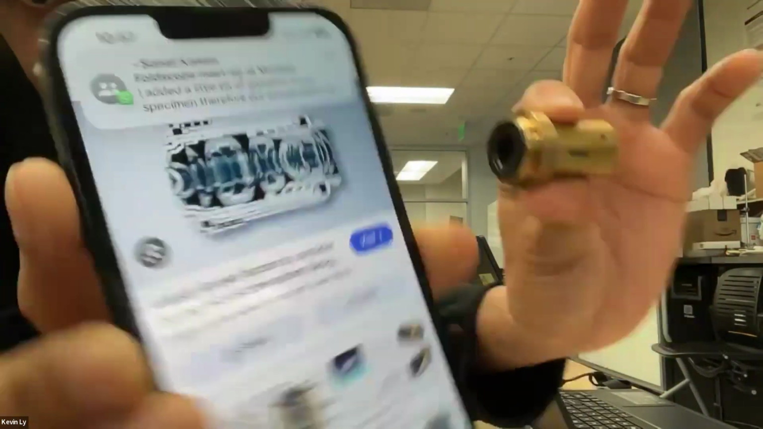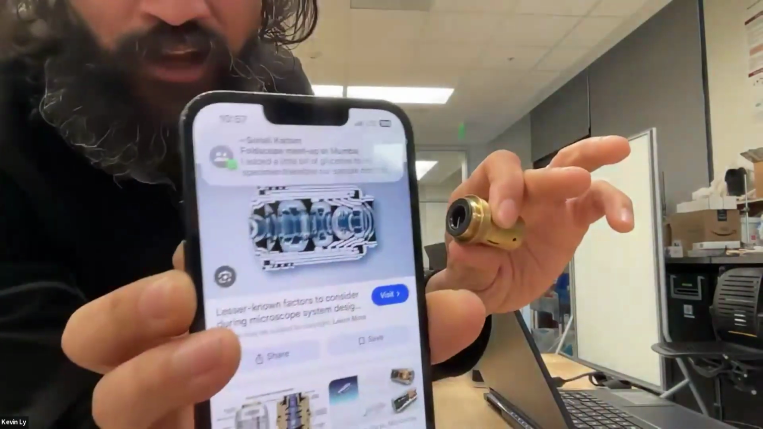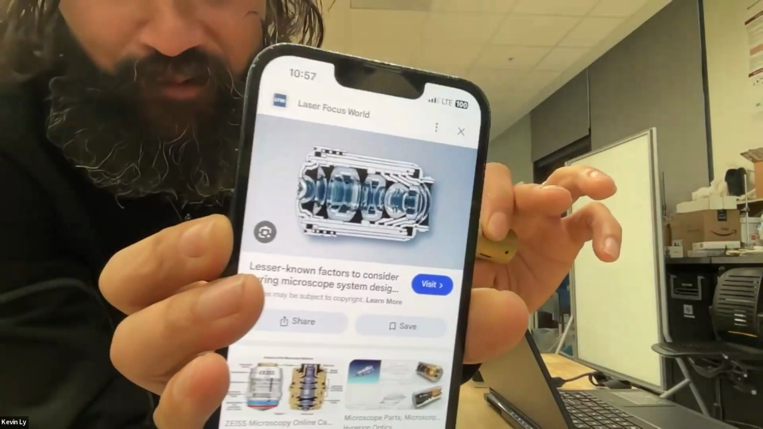And now I can count, and somebody's sending me messages. Oh, is that you, Sonali? Sonali is not in the call, but Rupali is. Anyway,